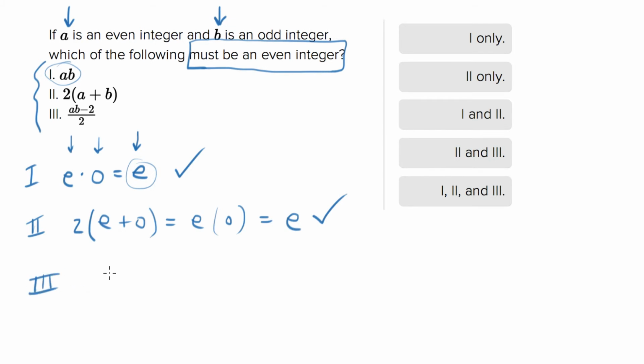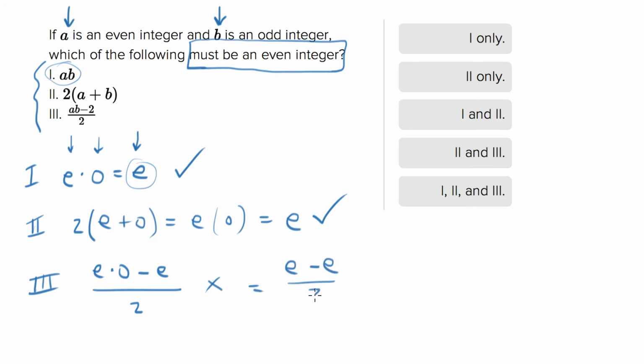Statement 3 gives us A times B, which is an even times an odd, minus 2, which is an even, divided by 2. I'm just going to leave the 2 in the denominator. So first of all, one way you can shortcut this is you could say, well, I know that for division, we don't get a consistent result. So at this point, I already know we can just eliminate this. But if you don't have that memorized, we can go through and kind of prove it. Let's say you have an even times an odd. An even times an odd will always be even,